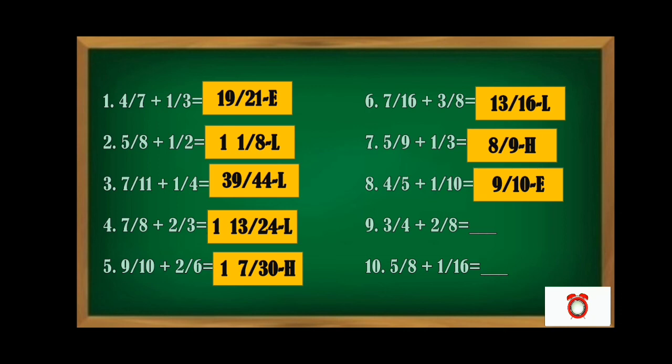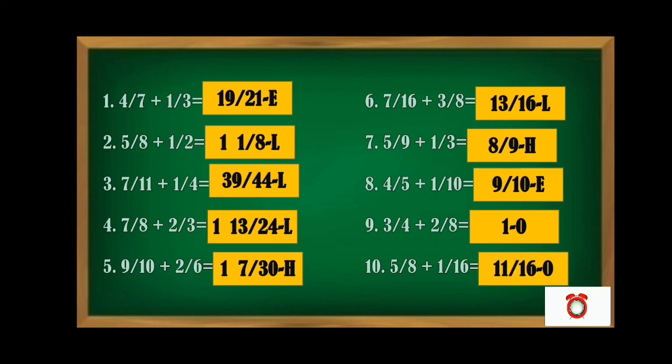And for number 9, 3/4 plus 2/8 equals. Okay, the correct answer is 1, which is O. And for the last number, number 10, 5/8 plus 1/16 equals. The answer is 11/16, which is also letter O. So the answer for our riddle is